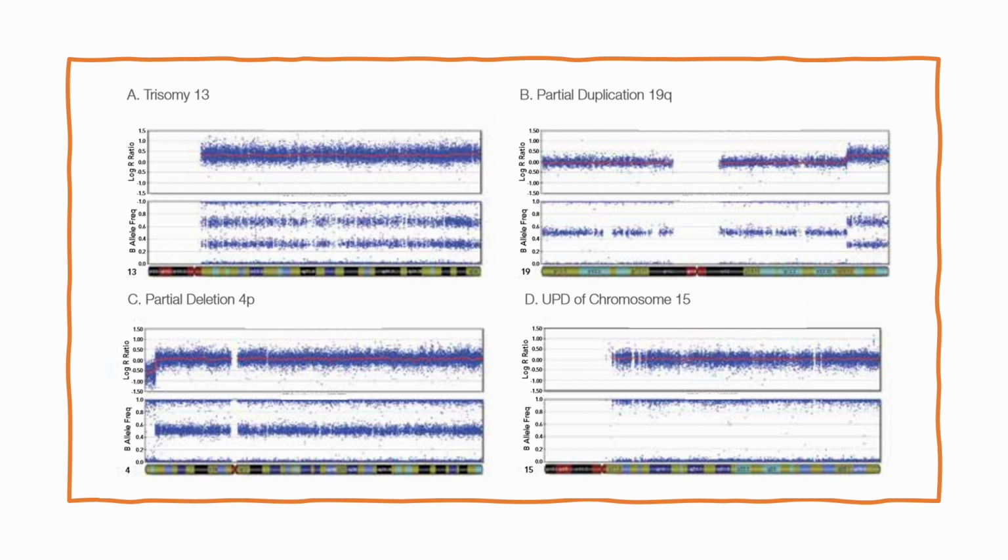Finally, the fourth plot illustrates uniparental disomy of chromosome 15. The allele frequency shows a homozygous pattern, meaning both copies of chromosome 15 are inherited from the same parent, while the log-R ratio remains close to 0, indicating no gain or loss of genetic material. The pattern suggests an unusual inheritance, typical of UPD. These plots emphasize how SNP arrays can effectively detect a range of genetic abnormalities, including aneuploidies, structural changes, and inheritance